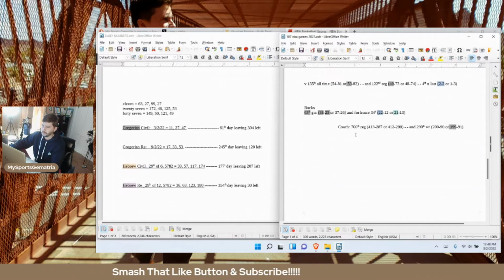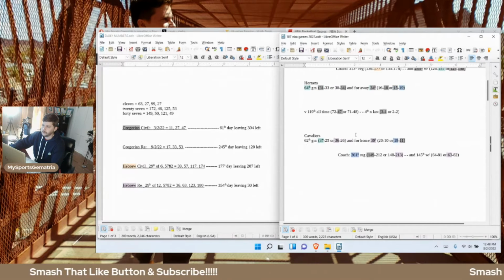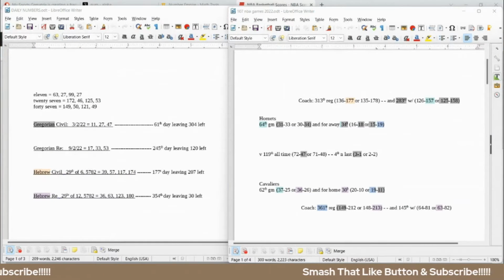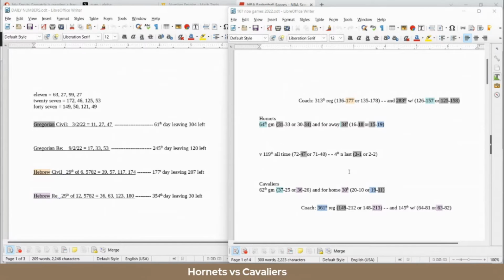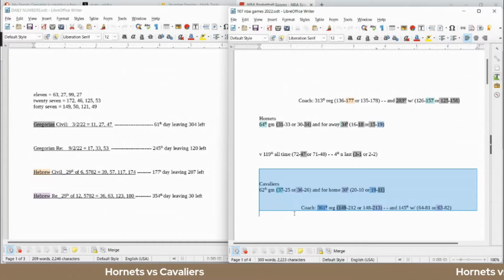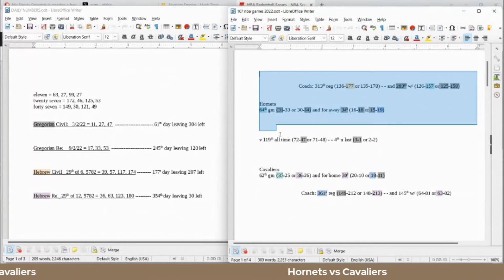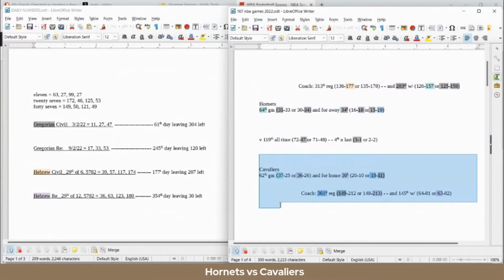So let's scroll up to Hornets and Cavaliers. Let's get the screen to be much bigger. Let's get the ticker going for the Hornets and the Cavs. All right, so let's start with the home team. What are some numbers for the home team to win this game? And then we'll look over some numbers for the road team to win this game. So let's start with the home team, which is the Cavaliers. If the Cavaliers were going to win this game,